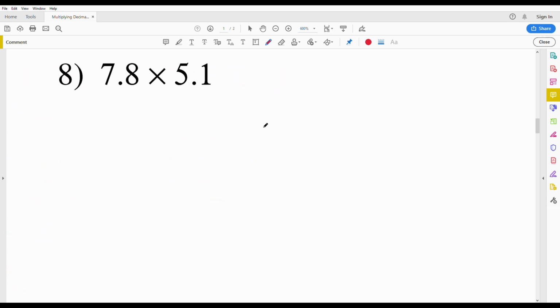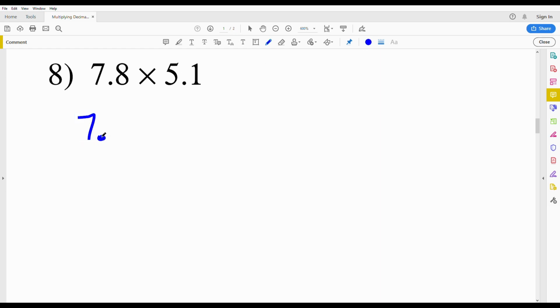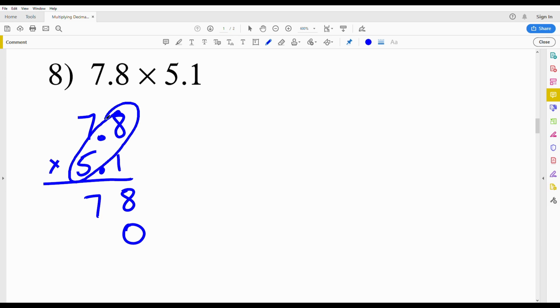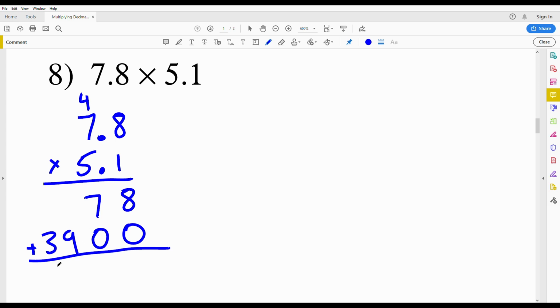And number 8, positive times a positive, always a positive. So we'll just do 7 and 8 tenths times 5 and 1 tenth. 8 times 1 is 8, 7 times 1 is 7. Put my placeholder 0. 5 times 8 is 40, carry the 4. 7 times 5 is 35, plus 4 is 39. So when I add this together, I'll get